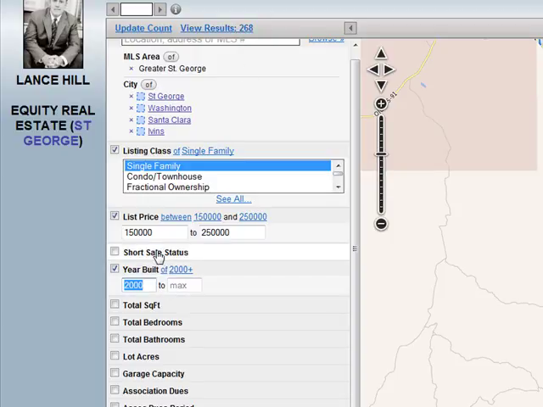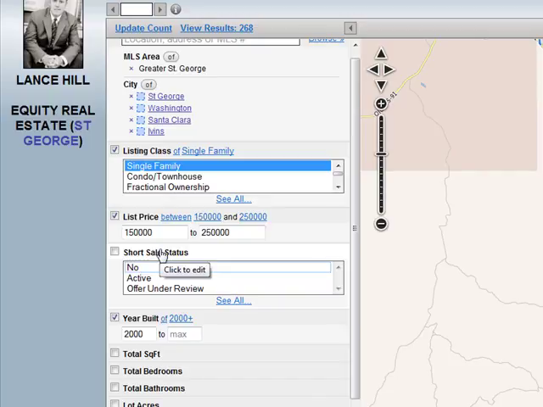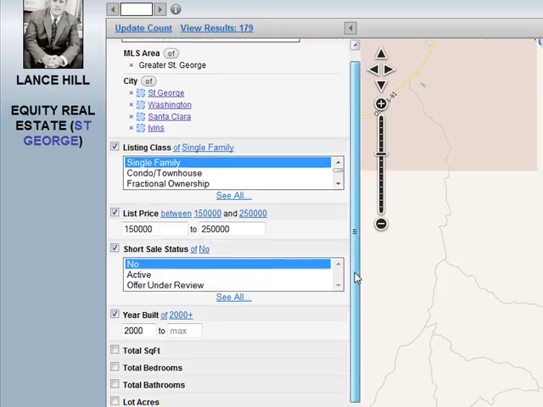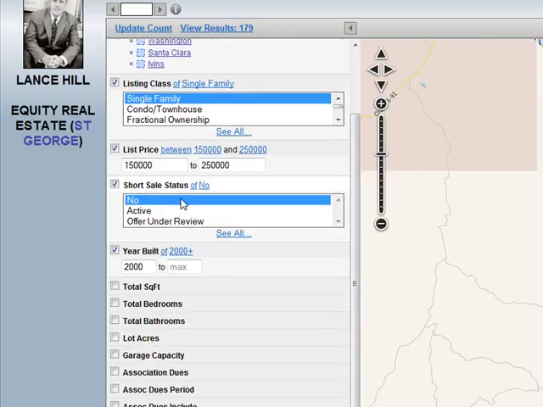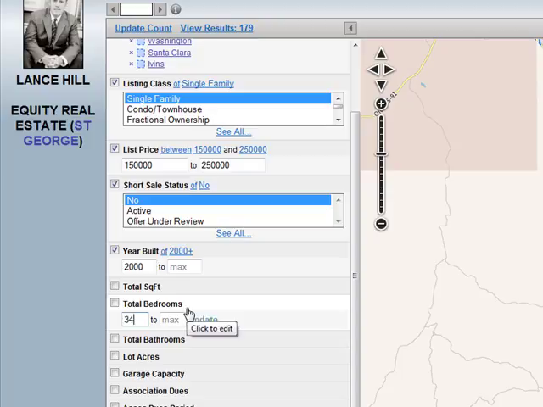If we're looking to buy something right away and we don't want to deal with the short sale process and the hassles that come along with that, you can select on no, and that is going to eliminate all the short sales. So that's another powerful feature within the search options, is this way you can know whether the homes that you're looking at are short sales or not. And then you can obviously adjust all the other search criteria, the square footage, total number of bedrooms,